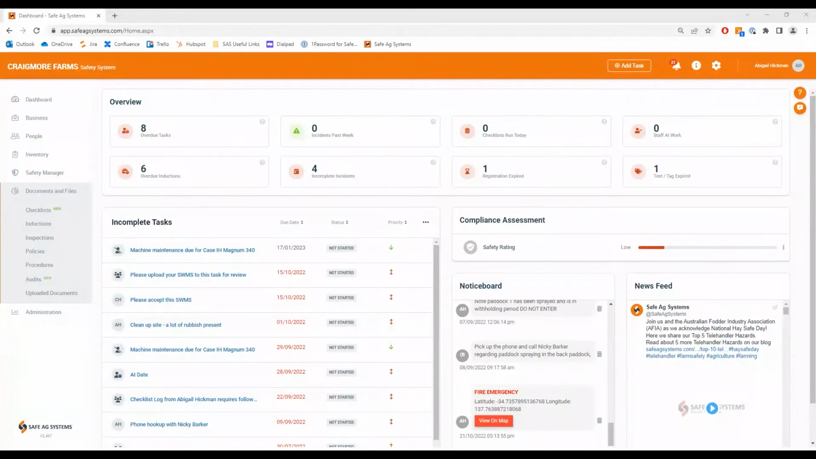Documents and files are found in the left-hand menu near the bottom. Under this menu are a number of sections where you can access different types of documents and forms. These include checklists, inductions, inspections, policies, procedures, the Ag Auditor, and uploaded documents. To give you a brief understanding of what these different sections mean,